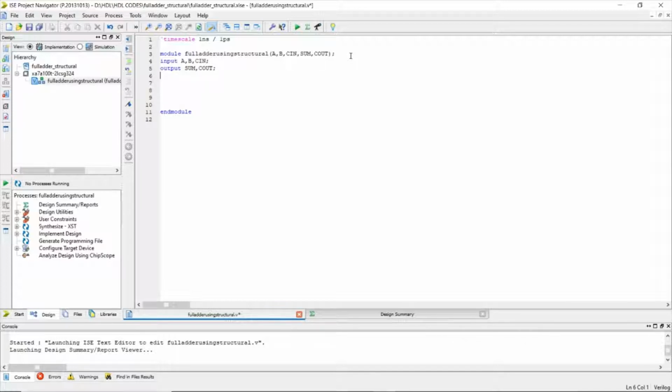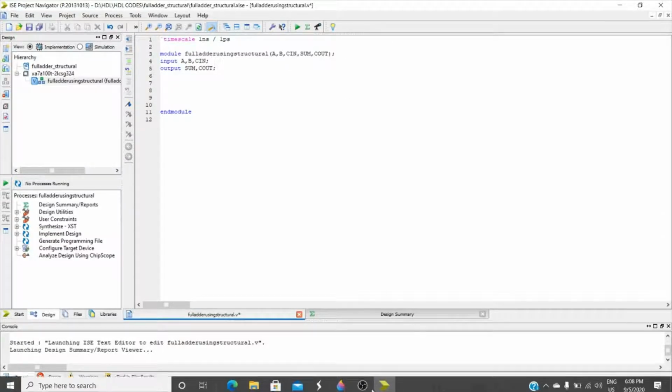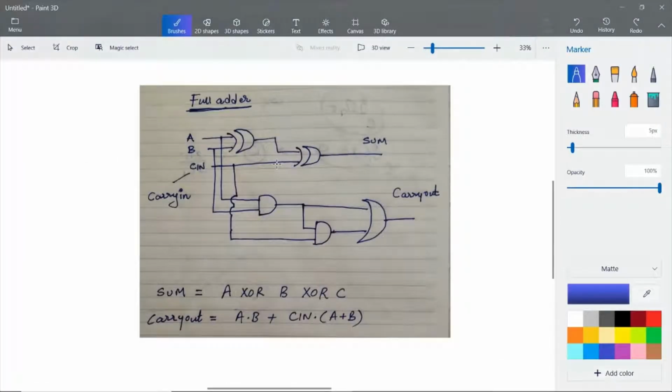After declaring the inputs, let us observe the circuit. We are using the structural style of modeling. That means when we want a bigger module, this is the bigger module, and inside that bigger module we need to instantiate a lot of modules. This is the XOR module, which is instantiated twice, and this is the AND module instantiated twice. For that, we require wires to connect them, so we need to declare those also.